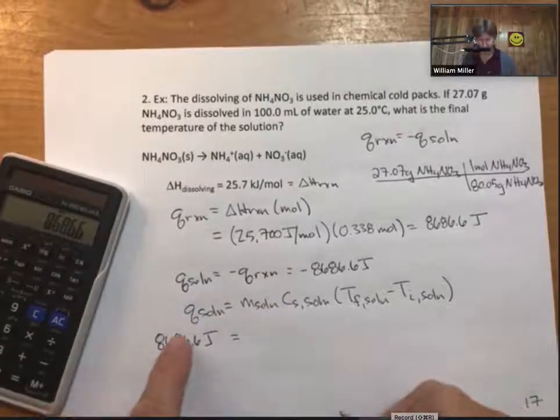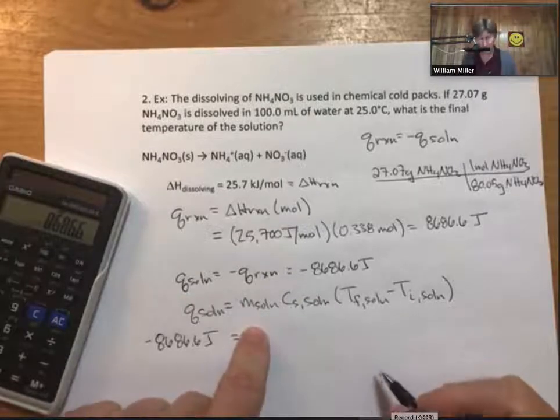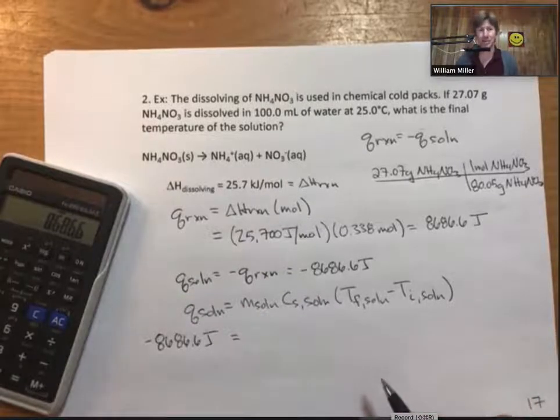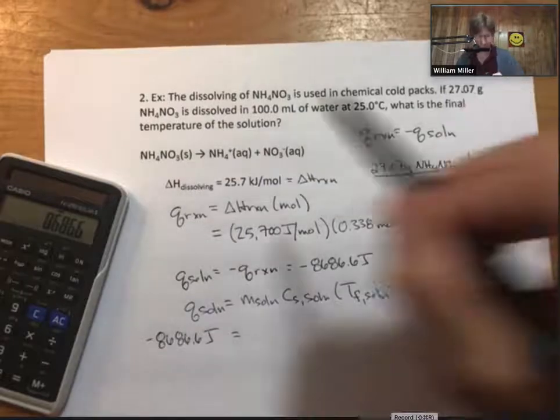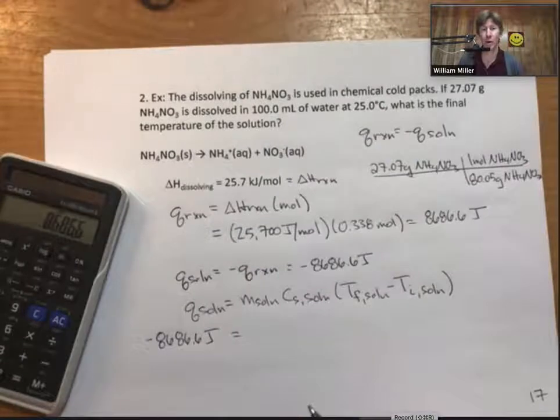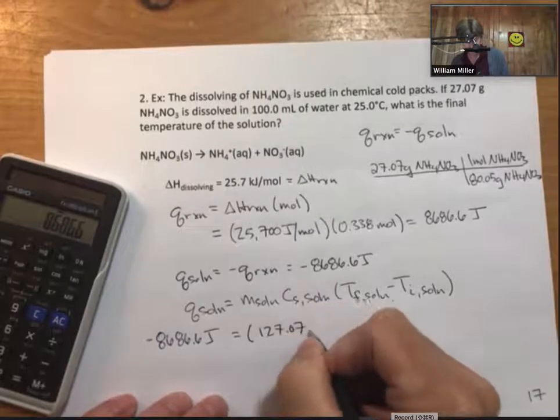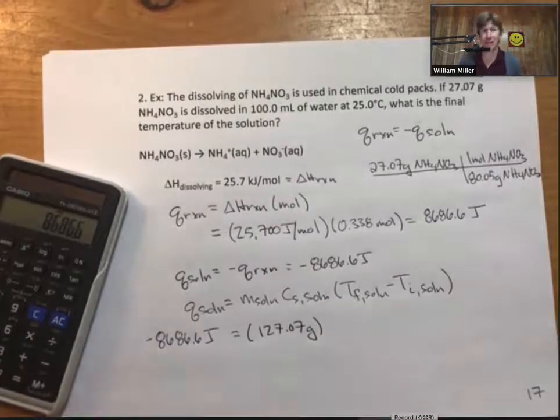I know my Q solution, it's negative. I know my mass of solution. We know our mass of ammonium nitrate. It is mixed with our mass of water. 100 milliliters of water is 100 grams. So my total mass of solution is actually